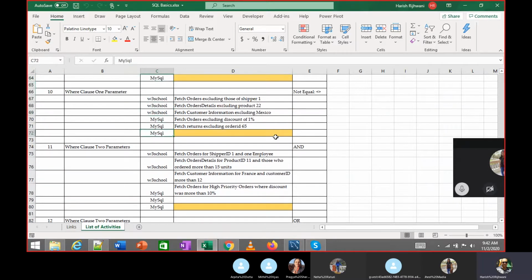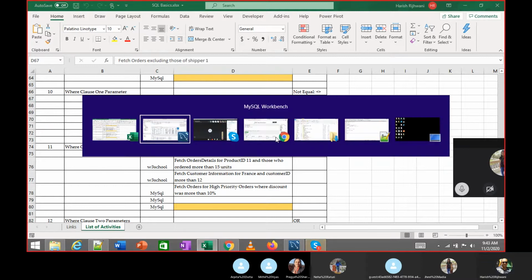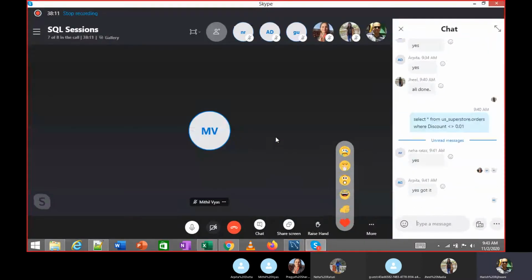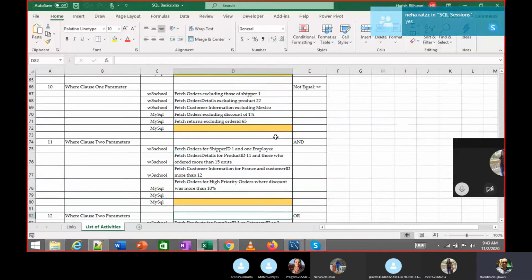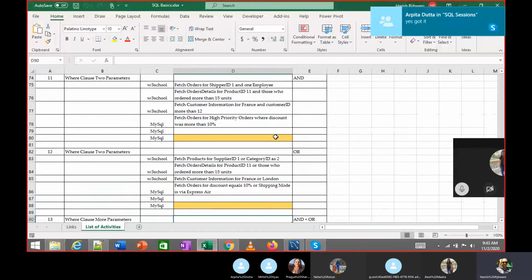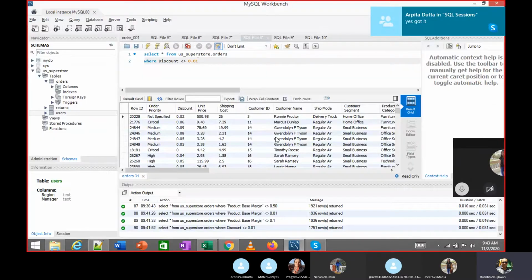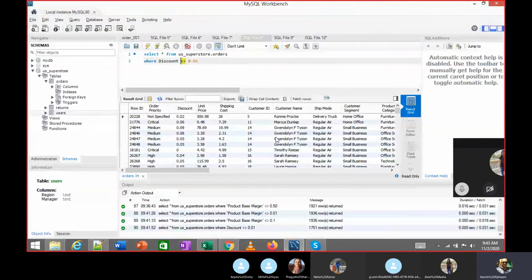Now let's say we have, everybody got this, right? Everybody got not equal to, or anybody still working on that? Okay, cool. We are going to go to AND. So we had used this option, right? We had used in.